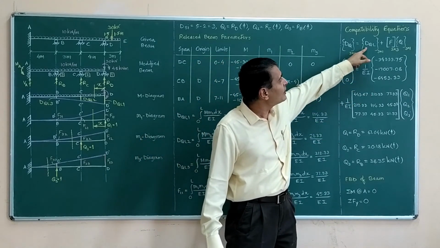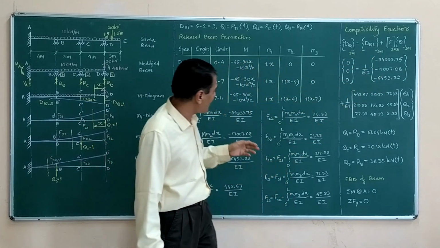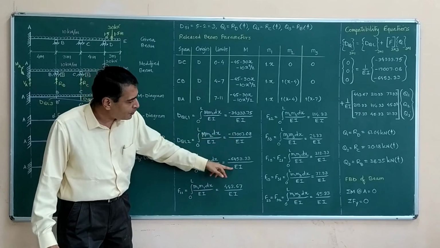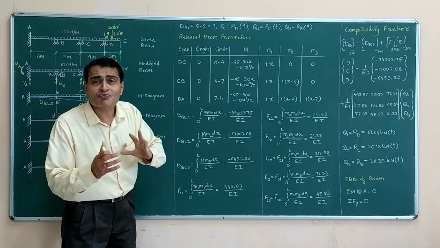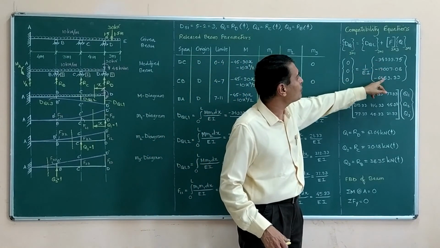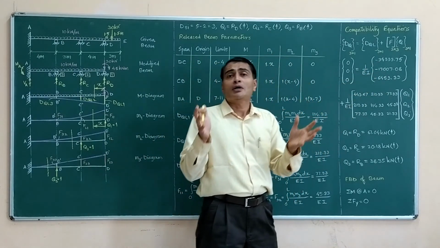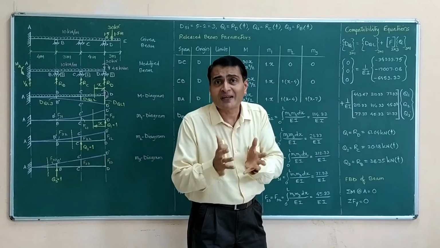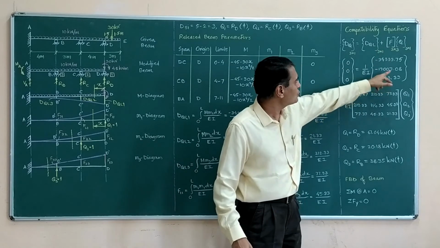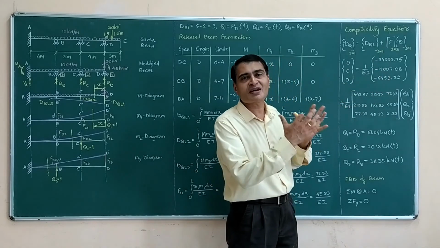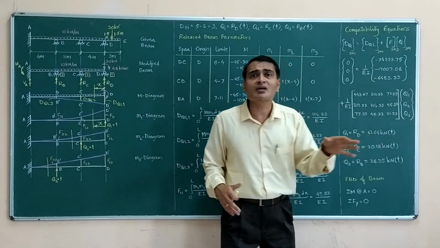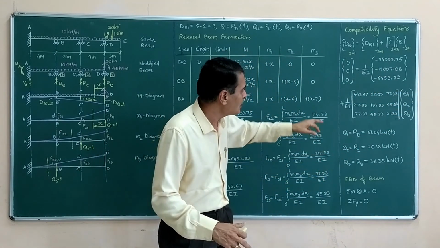Then dql1, dql2, dql3 I have already calculated. This denominator, the factor 1 upon EI, I am taking outside and substituting values. I am forming the dql vector, a 3 by 1 vector. Plus, that plus I am writing here because I am facing a space crunch. These two steps together form my one equation.